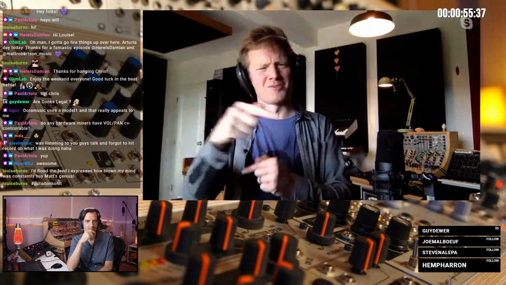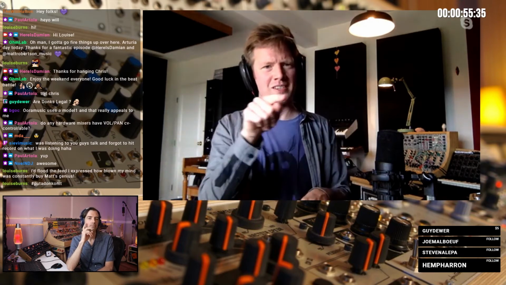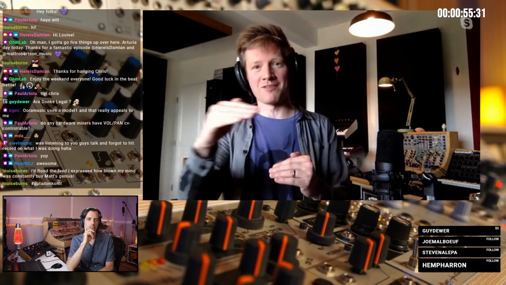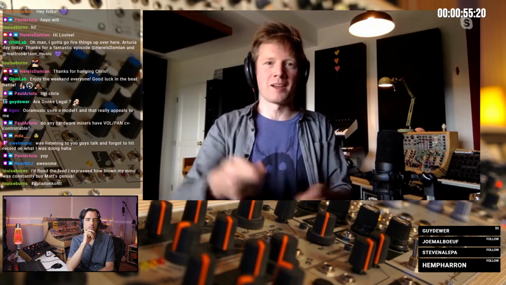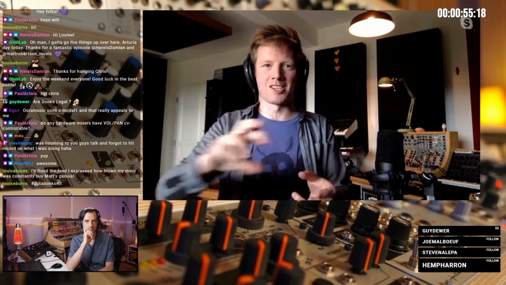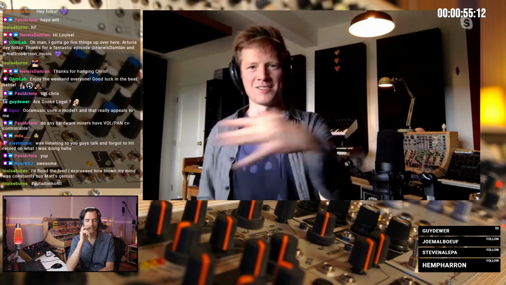because the smaller the setup is, the more options for interesting backwards routing you can have. So it's like, oh, do I want to go through the delay first, or do I want to go through the reverb first? And you can set up all of these different macros, and just go doof, and then you're like, oh, actually that doesn't sound great. So you go doof, oh, that one sounds good, and that takes like a second, as opposed to I've got to unplug these 5 cables, gain match everything, plug in these 5 cables, find the input channels to record it onto, hit record, decide that I don't like it, do something,